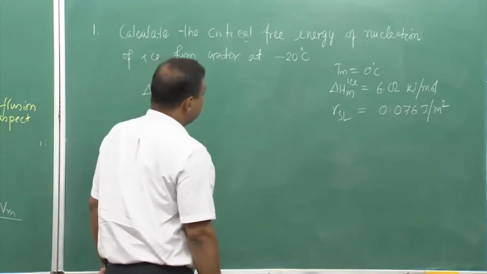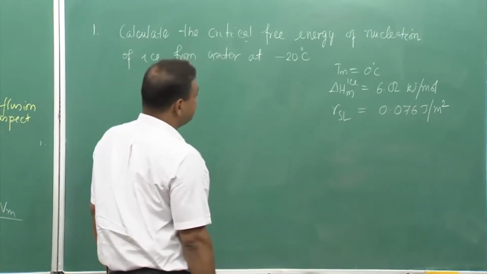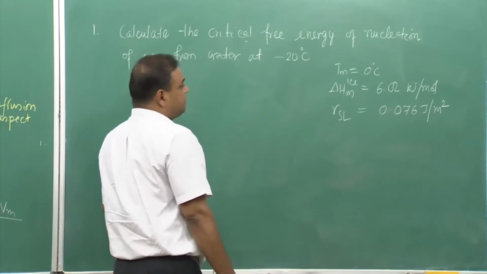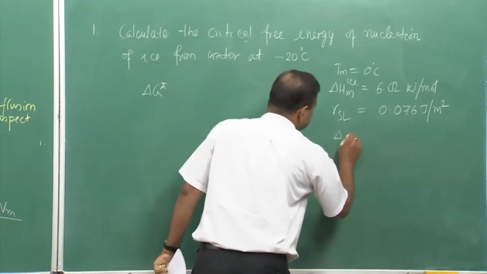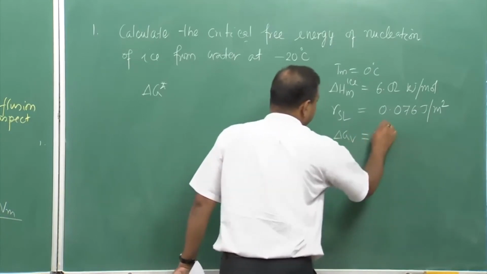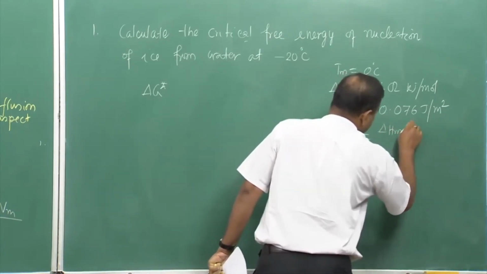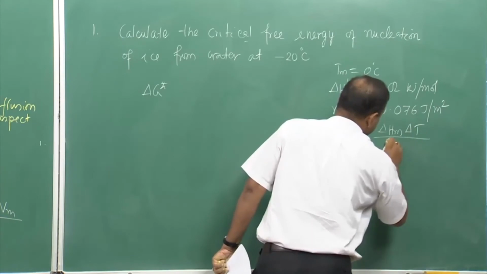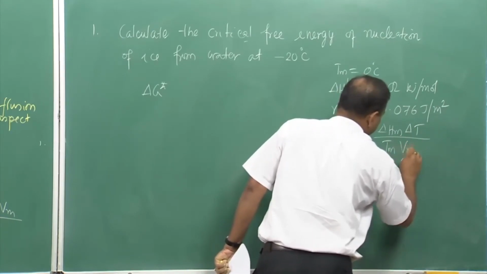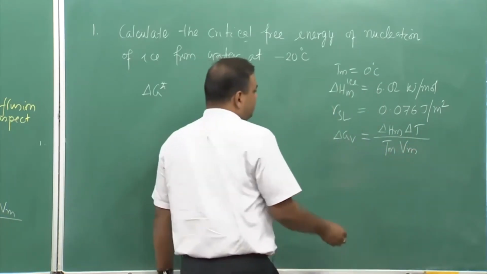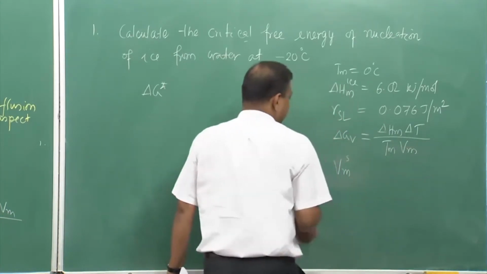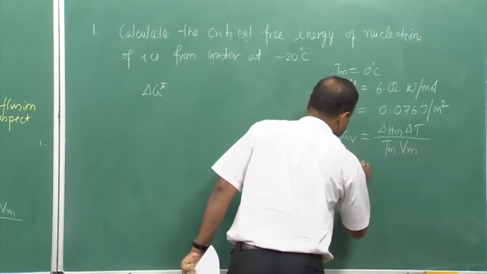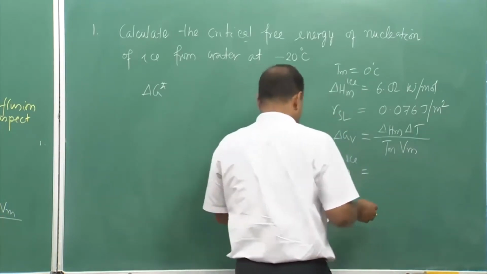If I try to calculate delta G star, we need not delta Gm, rather we need delta Gv, which is delta Hm, delta T, Tm, Vm. Now one data is missing: the Vm of solid, that means ice, is equal to